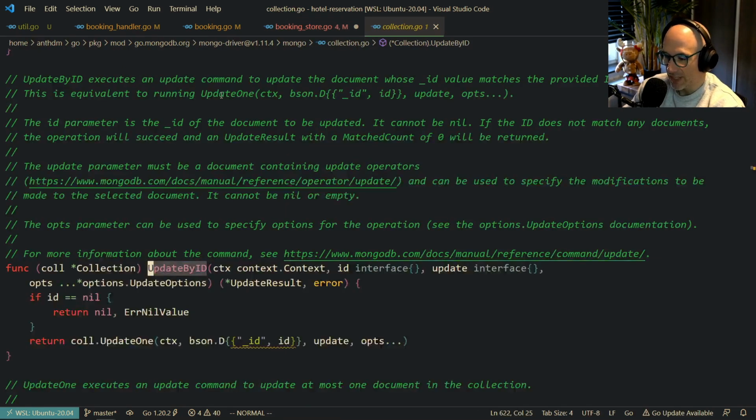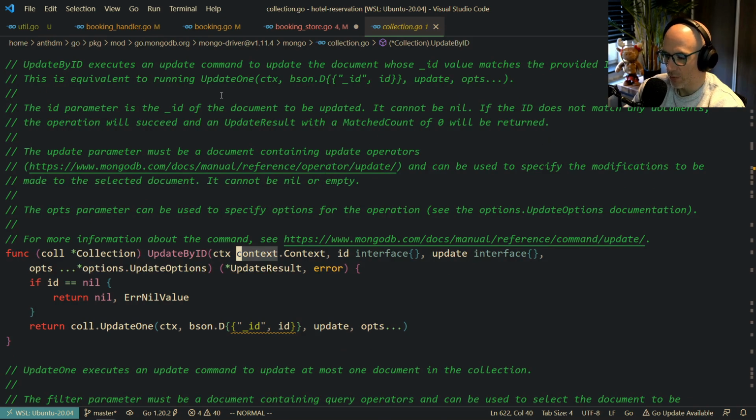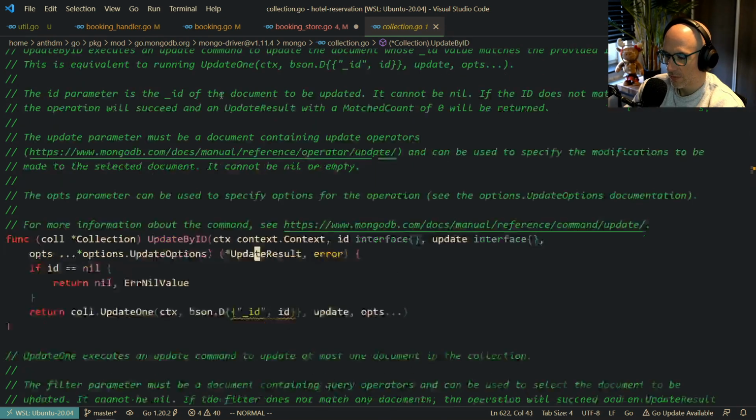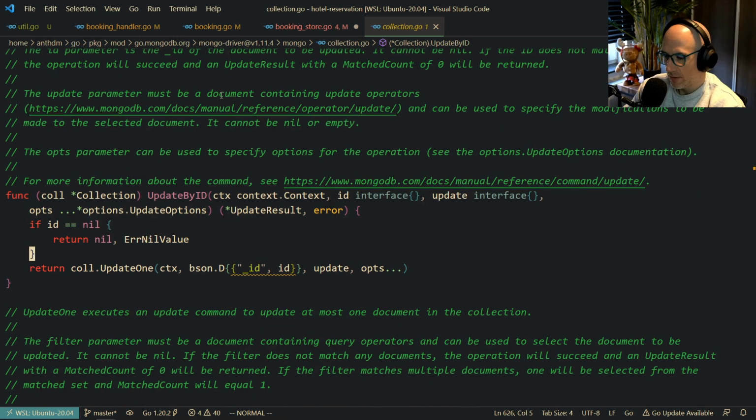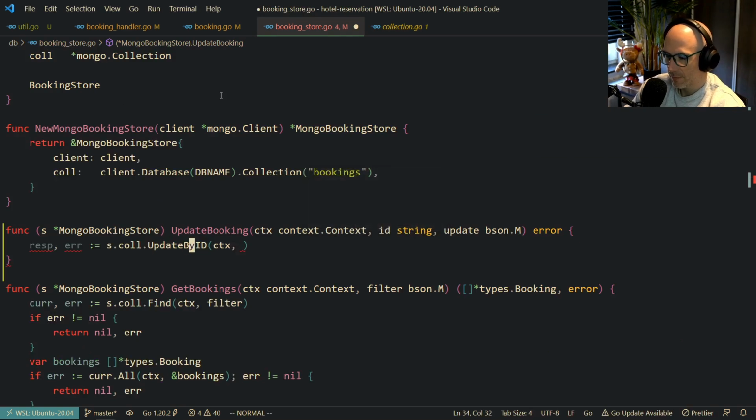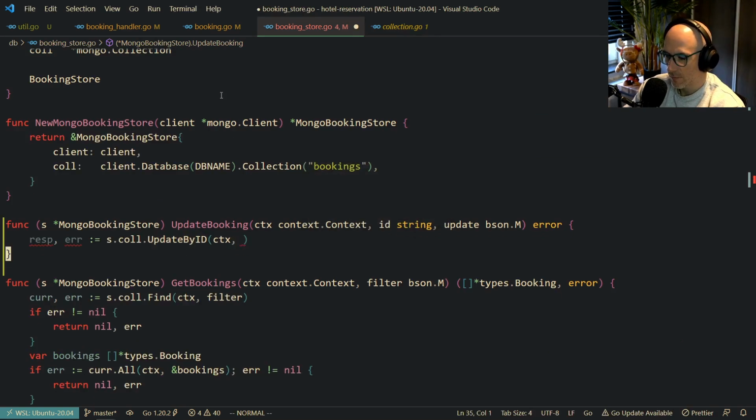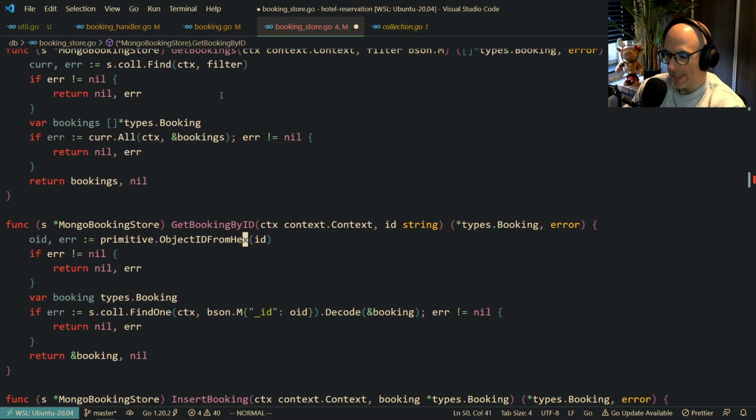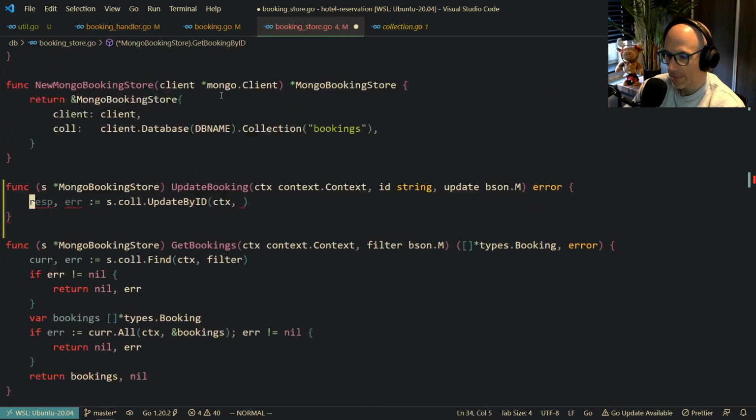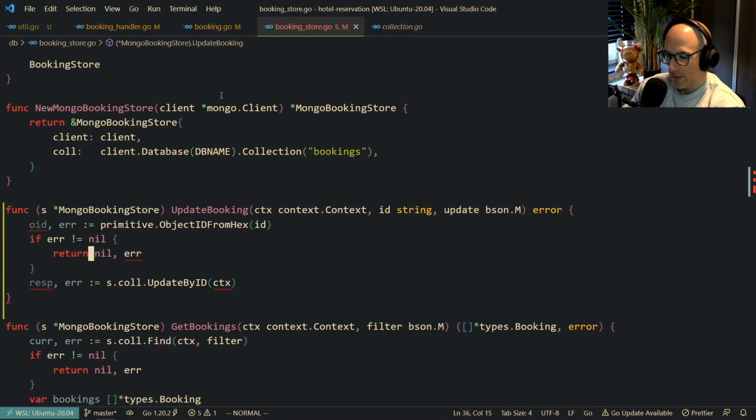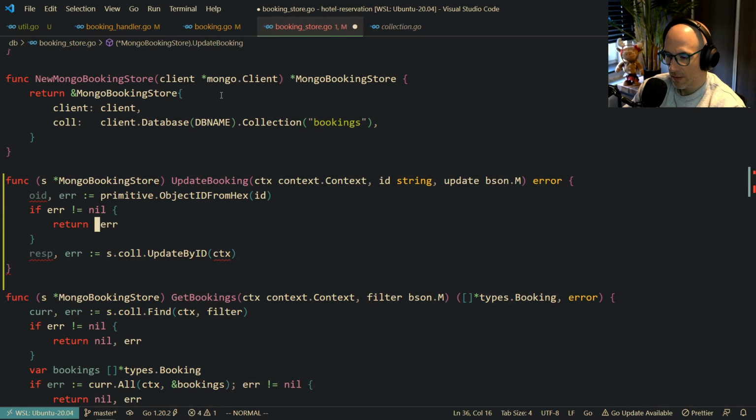Let me quickly check what it is. ID is an interface. Oof. We should give this a primitive, I guess. Where is our OID? This one. So let's copy this. It's going to be the object ID. So we're going to say OID here. And